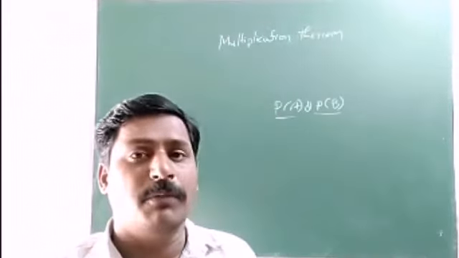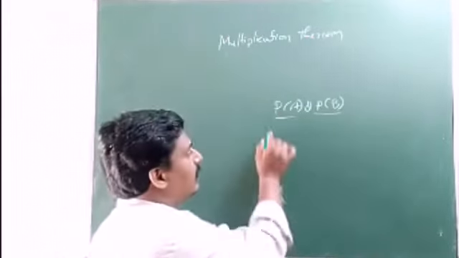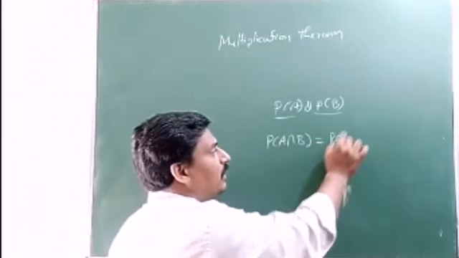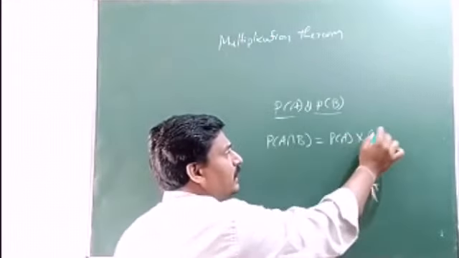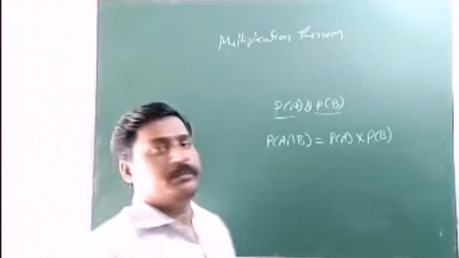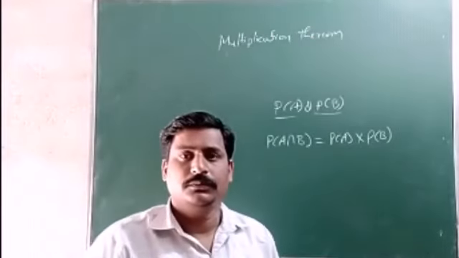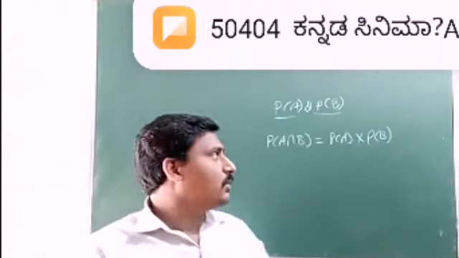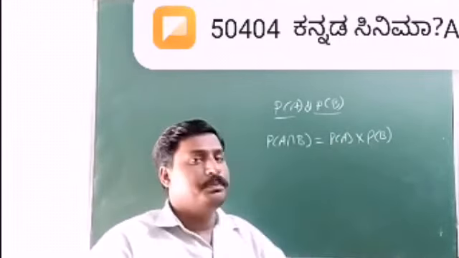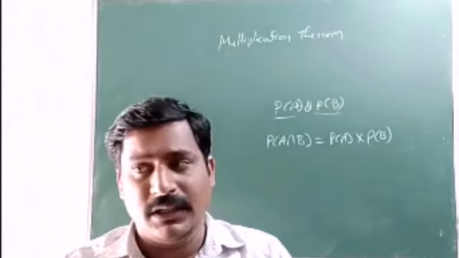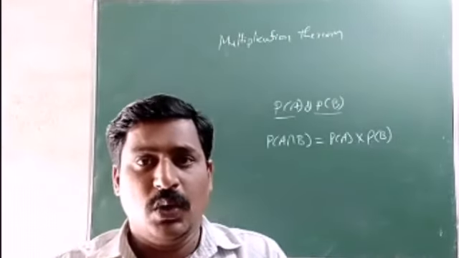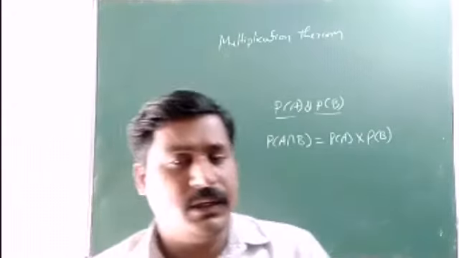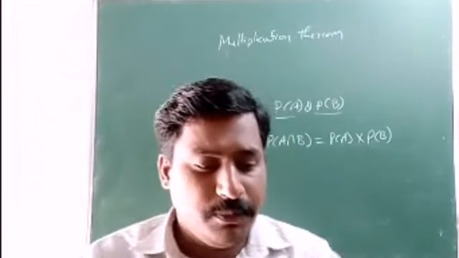Simultaneous occurrence of both events is written as P of A intersection B is equal to P of A into P of B. So here we are learning A intersection B itself. Here two independent events, so there is no common thing which occurs here, not A union B or A intersection B. It is P of A into P of B.